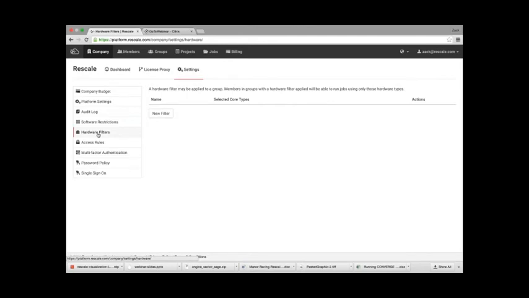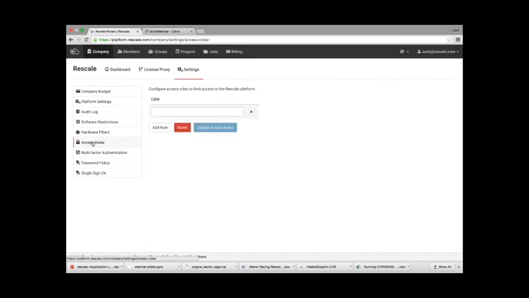Let's say that you only want to use Nickel because you decided that you want to be more economically efficient, and you can choose which hardware you want to specify. And there are several security configurations over here, and access rules. The access rules are actually very important. They allow you to specify specific groups and specific users, and then you could use those to specify access for specific projects and specific jobs.